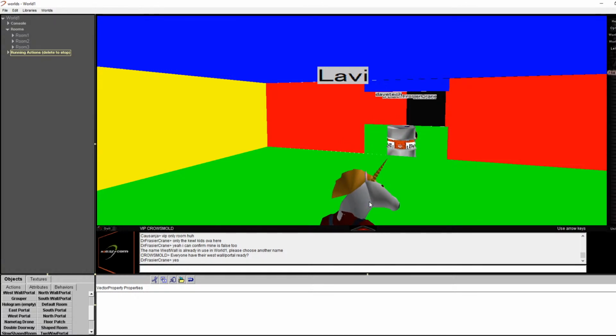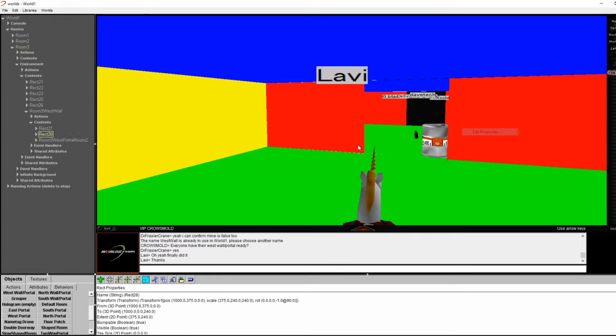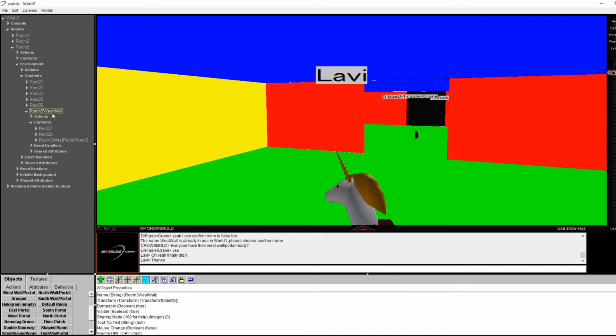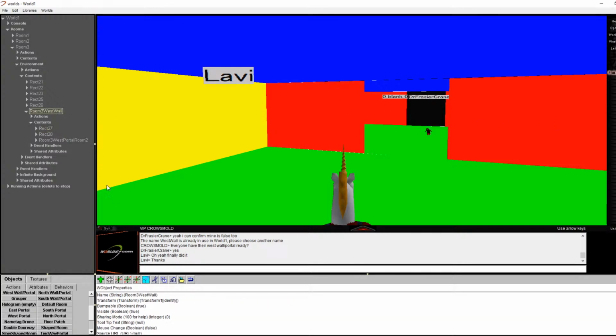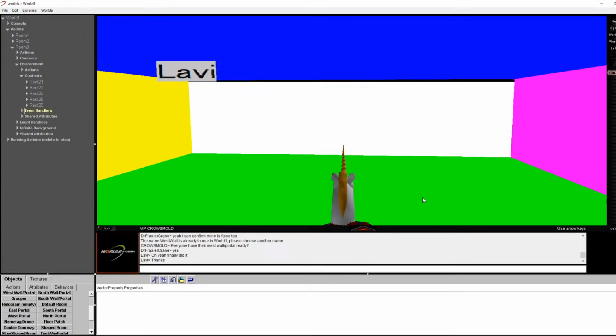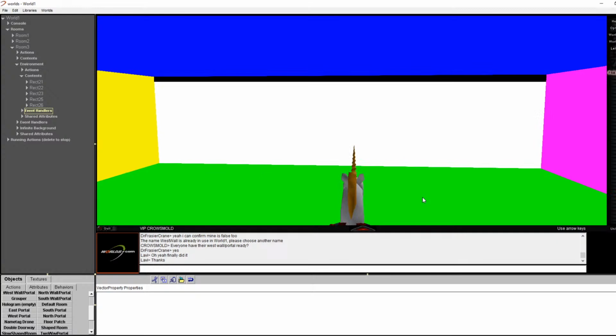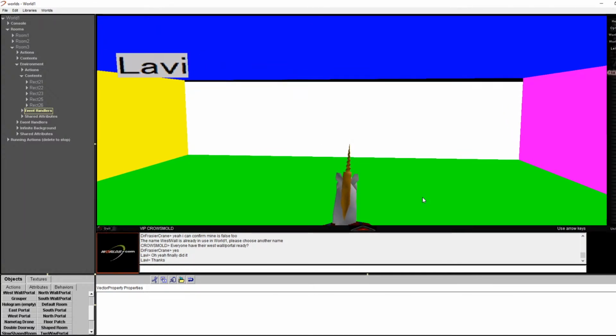So next, what you're going to do is delete, for this example, room 3 west wall. It's going to be called rect24 on your end, but you can edit properties to grab that red room and see whatever it's called. It's going to be just this white space. You can see the horizon, which is white, and the sky, which is black. Okay. So when you have that wall deleted,